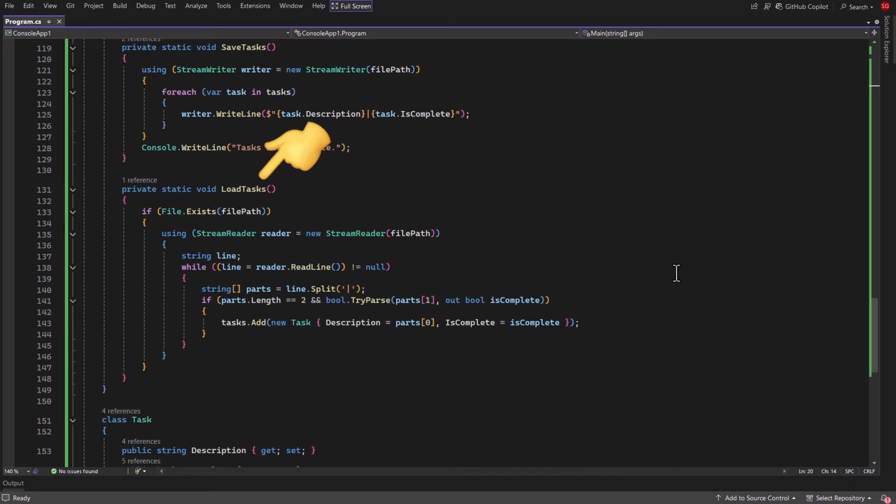Next, I created the load tasks method. Inside it, I used the if statement to check if the file exists or not. Then I used the using statement and inside it, I used stream reader and passed the file path to it. Inside it, I created a string variable named line. Then I used the while loop and set it to run till the file ends. As I set the line variable to the reader.readLine method, each line from the file will be stored in the line variable